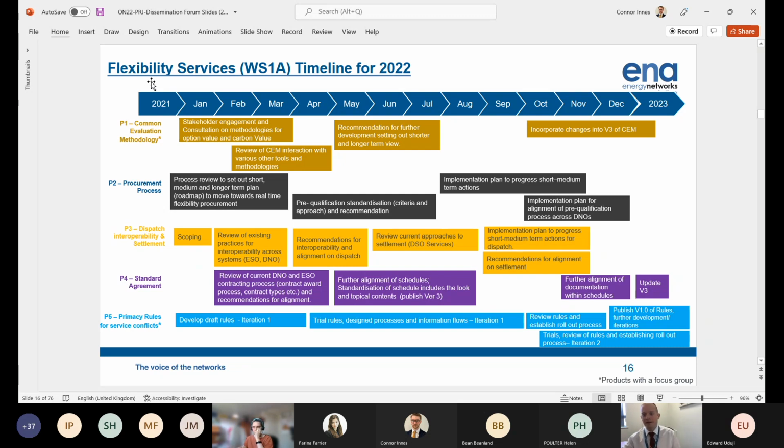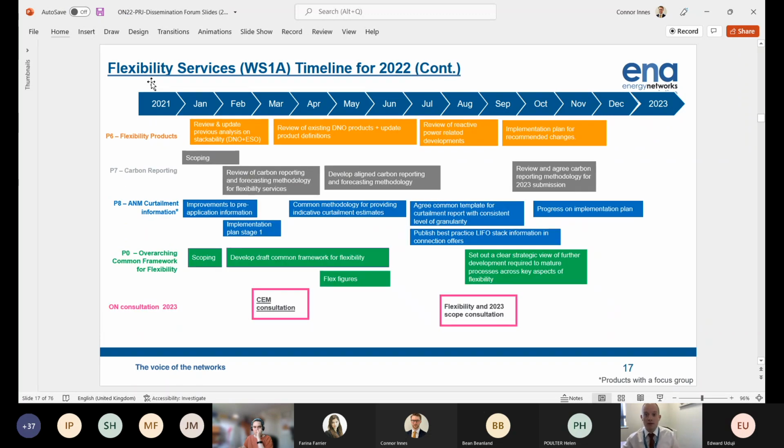Good. And then I think the final slide that I've got here is looking at the second half of those particular timelines. There's a couple of points to note, particularly on the Open Networks consultation. So a number of these products we're looking for specific feedback on, and so those will be captured by a wider Open Networks